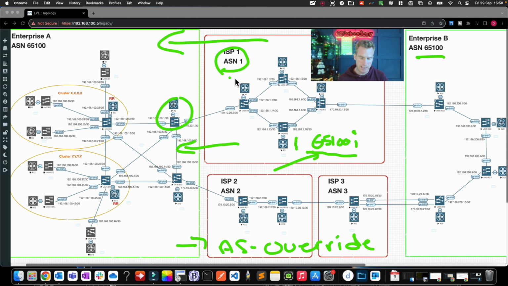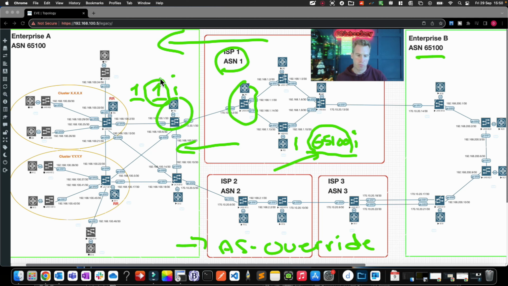What it will see instead is 11i. So the router here where we're going to configure it is actually replacing that 65100 with its own autonomous system number. So it's another way of breaking a loop, but at the same time it also allows those private ASNs